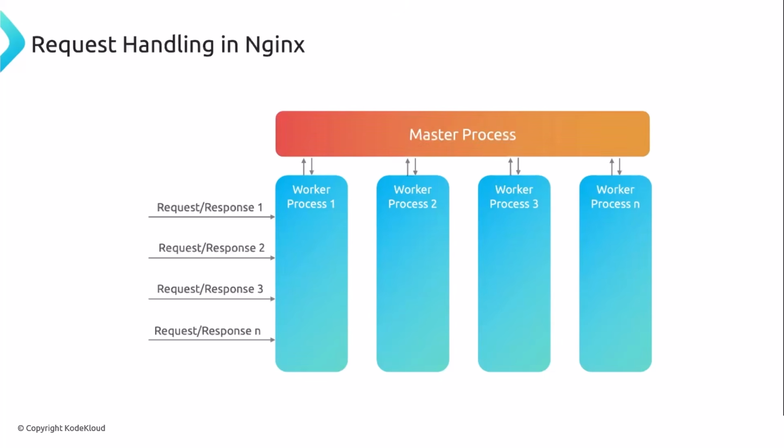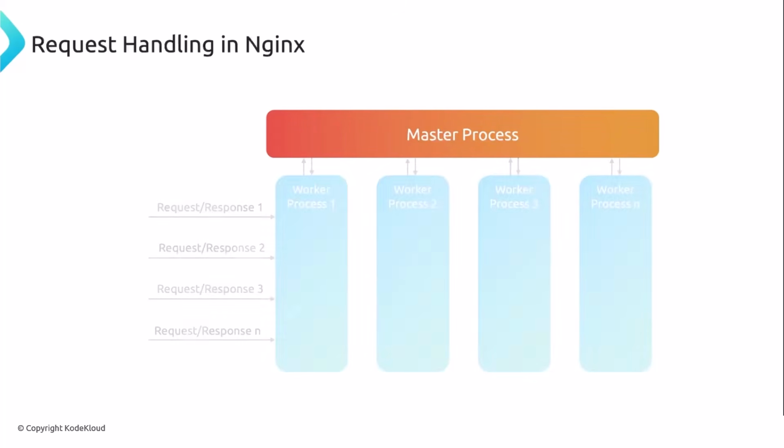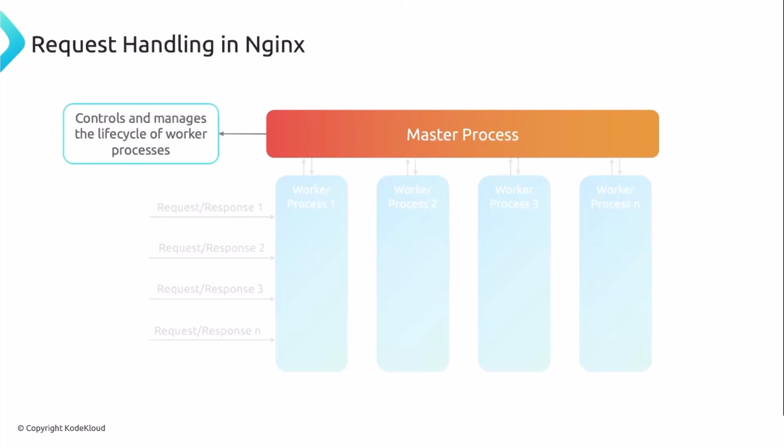The master process oversees worker processes and handles tasks like restarting the workers and assigning configuration. Think of the master process as a supervisor that is overseeing these chefs. Basically, the master is responsible for controlling and managing the life cycle of these worker processes. It doesn't directly handle any incoming request, but plays that supervisor role, ensuring that the workers, the chefs, are running